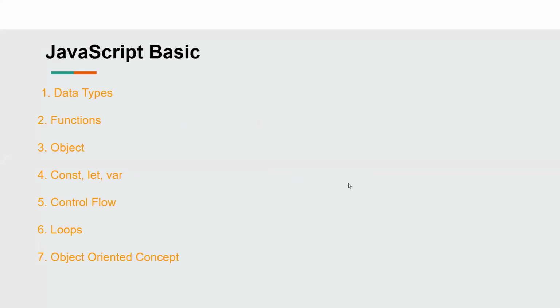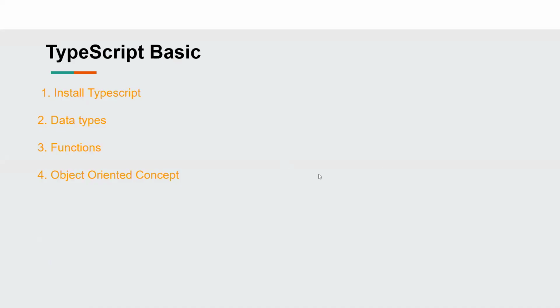Okay, in detail, as I said, we'll be looking at JavaScript and then TypeScript. What would JavaScript contain? We'll talk about the data types in JavaScript, functions and how to declare them, what exactly an object is in JavaScript, control flows, loops, and object-oriented concepts in JavaScript. Once you do all these things, you can say that you know JavaScript. And if a problem is thrown at you, you'll be able to solve it using JavaScript syntax. Okay. Let's move to the next slide.